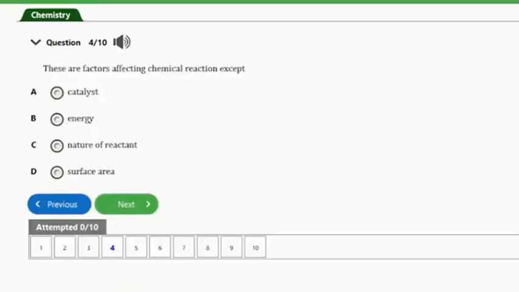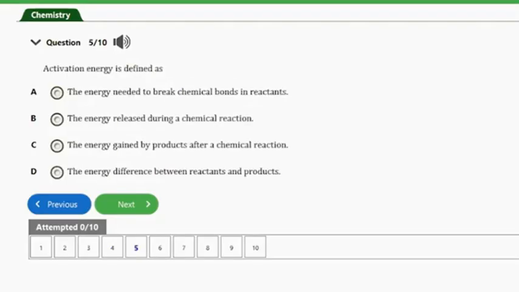So let's consider the next question. Question number 4. It says these are factors affecting chemical reaction except A, catalyst, B, energy, C, nature of reactants, D, surface area. So guys, the answer to this question is option B, and that's energy. So let's consider the next question. Question number 5. It says